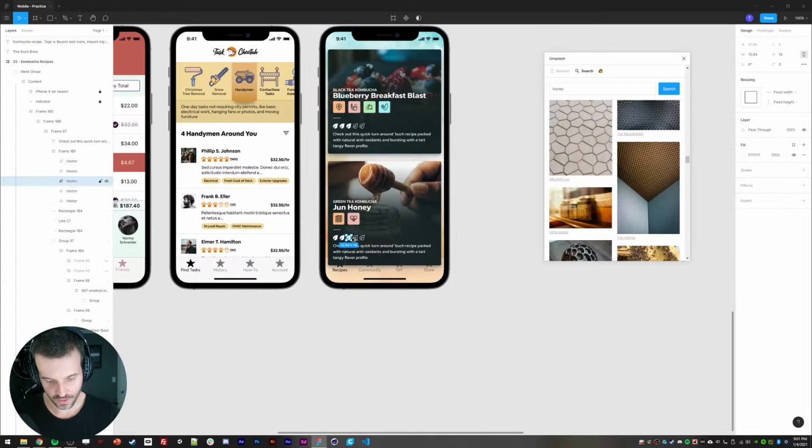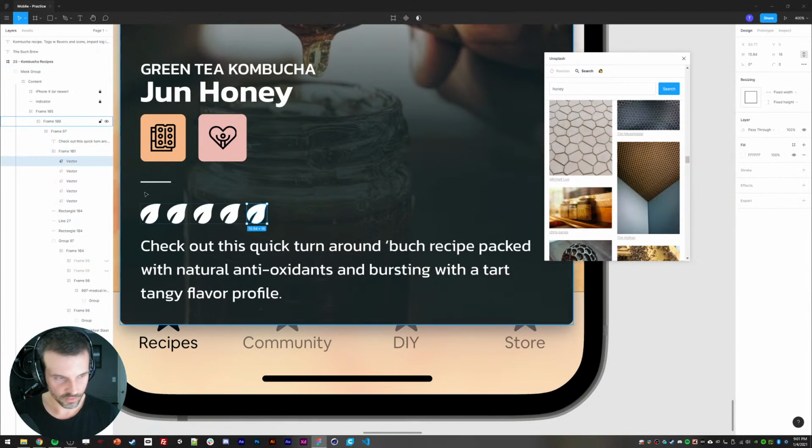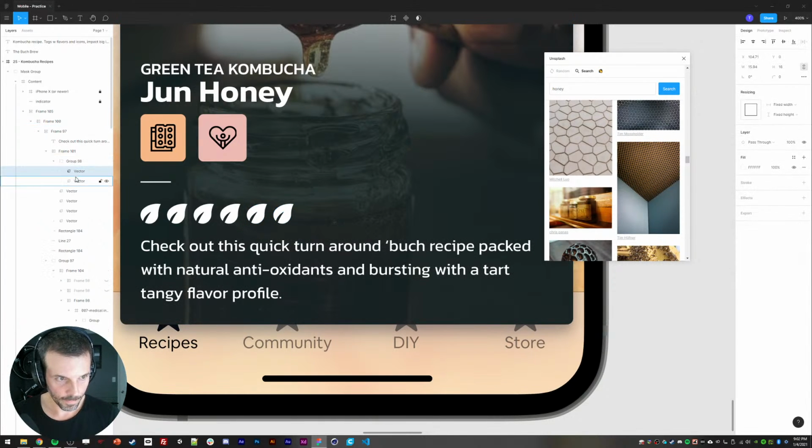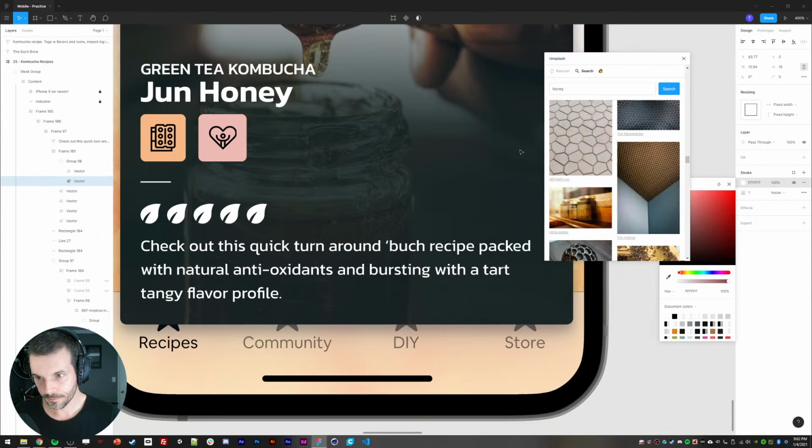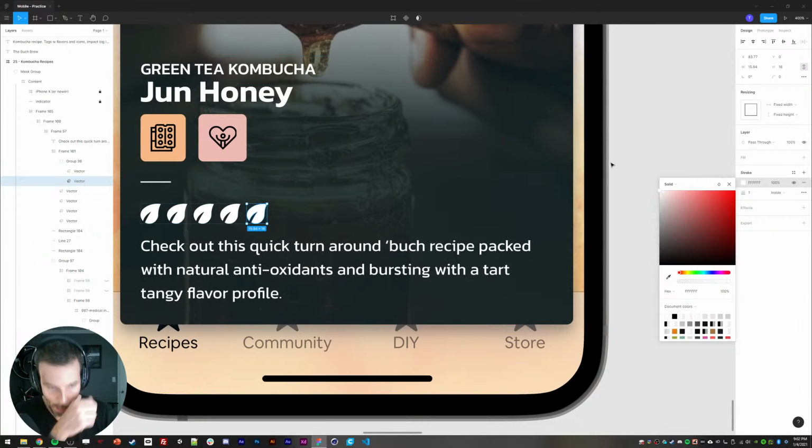This one, believe it or not, has got 5 stars. Oh my gosh. Why don't we do a half star for this one? So we would need to group up 2 of them, put them on top of each other, turn one into a stroke. And with that, we would need to